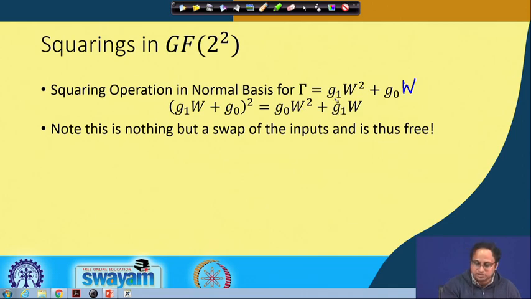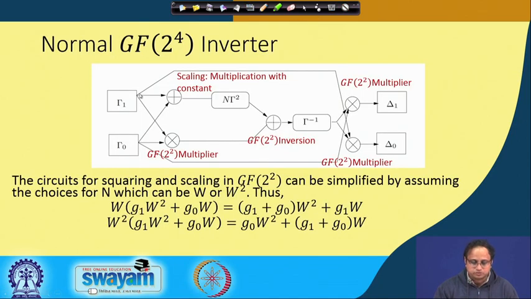So note that if this is my input and this is my output, therefore the squaring can easily be done by just swapping the inputs. So you just need to do a swap and you will get the corresponding output without any explicit computation. Okay. So now with this, we should be able to understand how